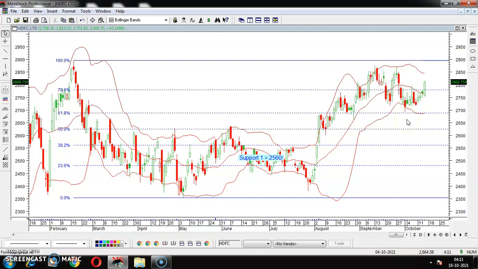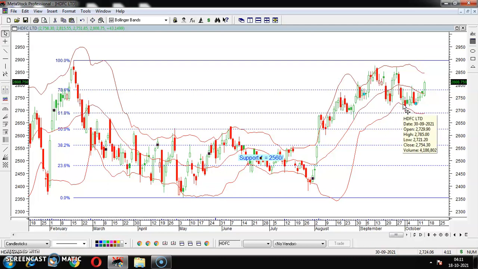You see, now we have to check whether there is any double bottom formation or M-top formation. There is no question of M-top formation because there is no candle which has touched the upper band, particularly in this area. So now we'll have to check whether there is any double bottom formation. Yes, you see from here there is a complete downtrend, and this candle has touched this lower band.